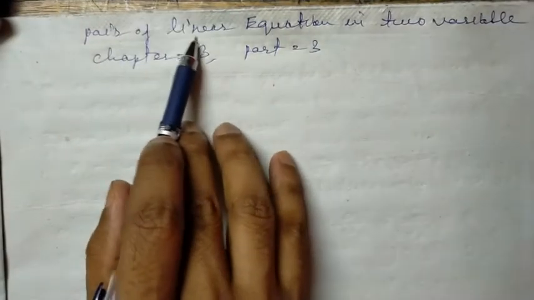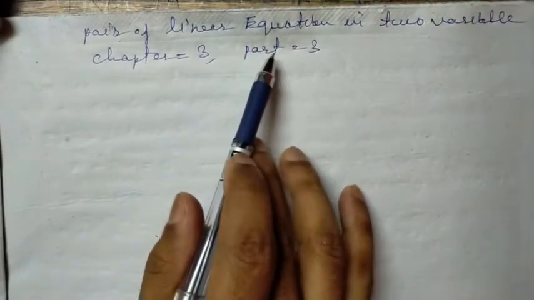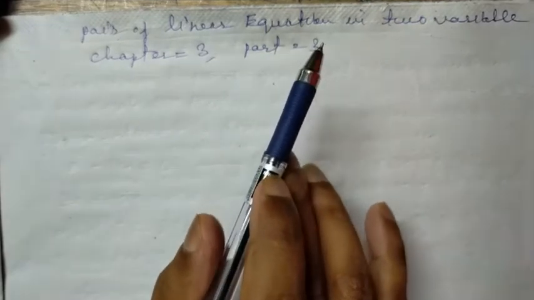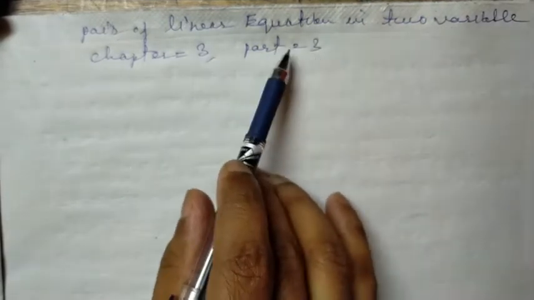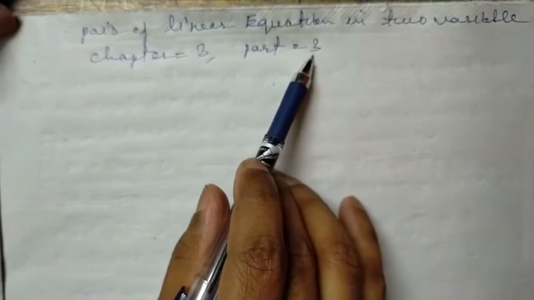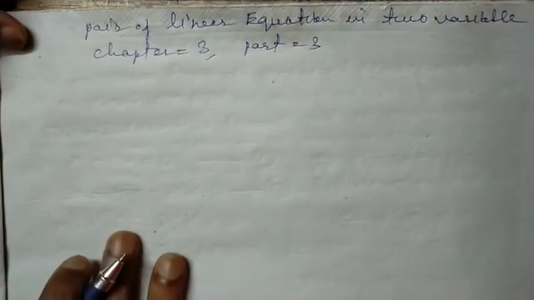We are doing a pair of linear equations in two variables, chapter 3, part 3. Please see part 1 and part 2, then come to part 3 so that you can understand the concept well. So there are